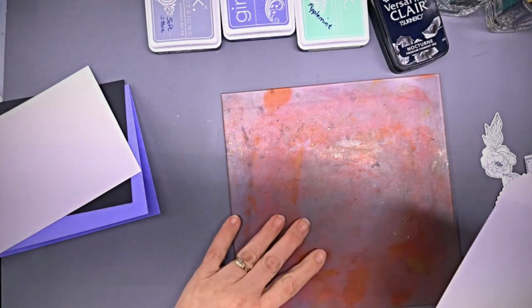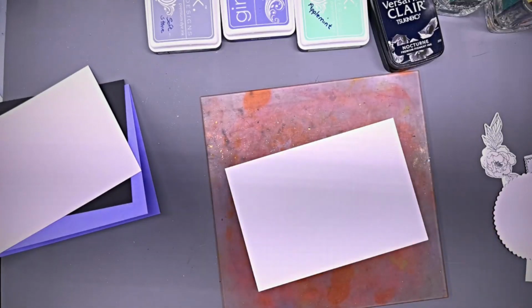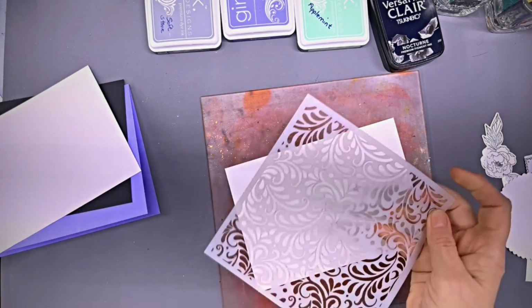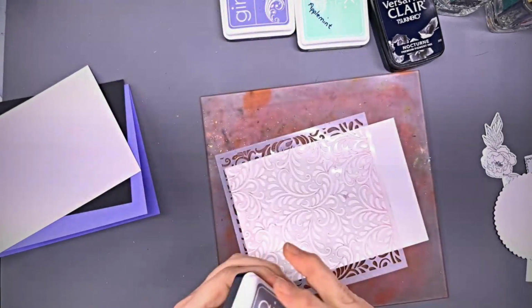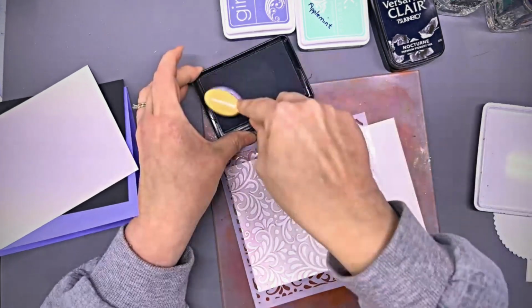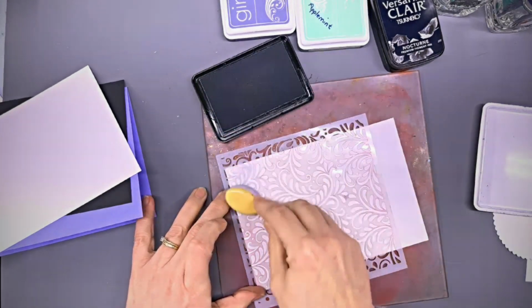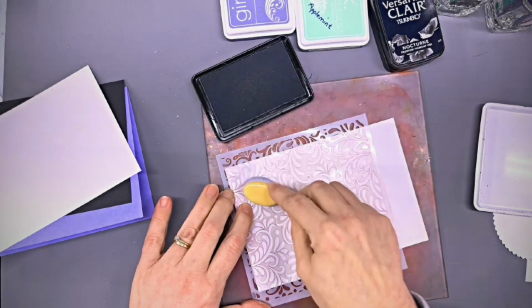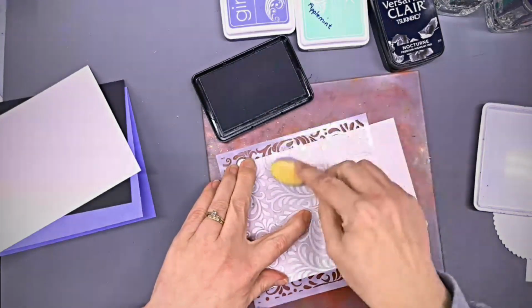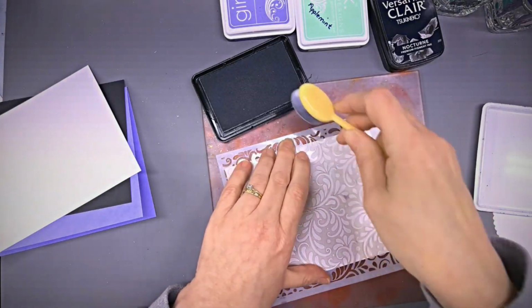So I have my Waffle flower grip mat here. And I'll be using another GinaK stencil. This one is her Harvest Flourish. And I'm just going to stencil this all over in soft stone, a very light gray, and I want to use a very light hand. I don't want it to be too dark, but I don't want it to be so light that you can't see it either. I just want to create a gentle,